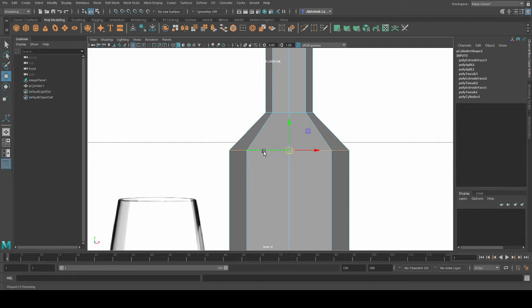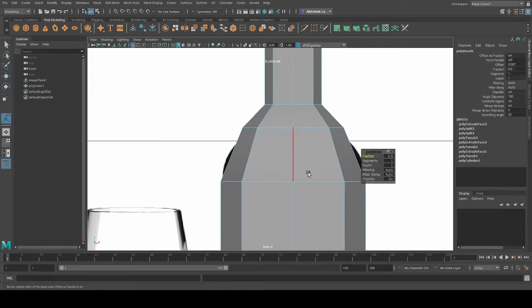Now after selecting this whole edge ring, I'll press shift right click, or else the bevel tool is over here, edit mesh. Here you can see bevel, or the shortcut is after selecting the edge, shift right click, bevel, just in front of multicut. Okay, once you click bevel, what will happen? One edge loop was divided into two. Why? Because here there is segment 1, so it added one segment to it. And what is fraction? The distance between these two segments.